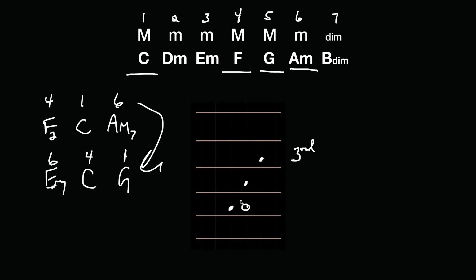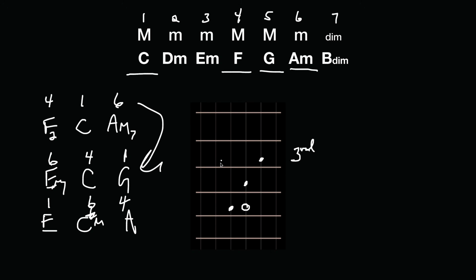And let's say for the next song, you play an E major and a C sharp minor and an A. If we convert that to numbers, what do we have? We have a 1, we have a 6, and we have a 4. There's all kinds of ways we could play that. But if we wanted to keep this same position, what if we moved up to the 12th fret? We could do the same thing, same shapes. Because we know these shapes aren't just associated to one chord, they're associated to a chord position. Now we can move this anywhere on the neck.